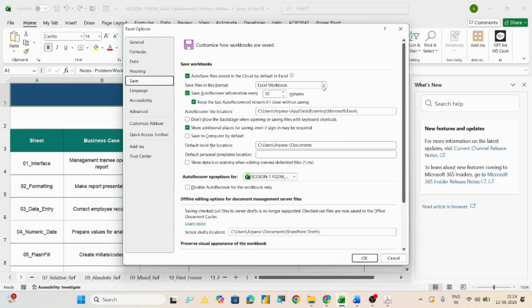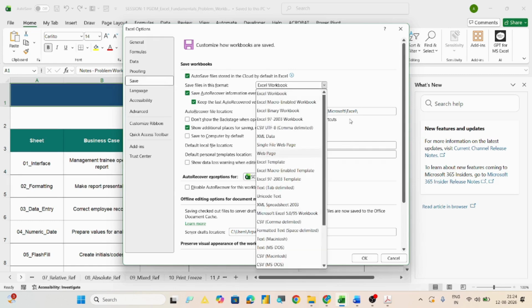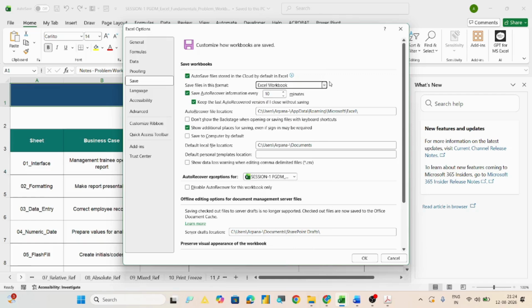In which format you want to save the file, so these all are the formats. You can say whenever it is auto saving the document, the file should be saved in that particular format. Let's say you forget to save the file, then after every 10 minutes it will be saving your document automatically, or recovering your document after 10 minutes. And where it will be saving the auto recovered document, this is the path which is being shown over here.